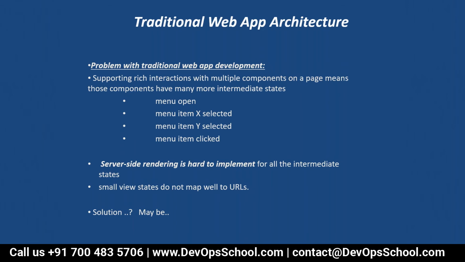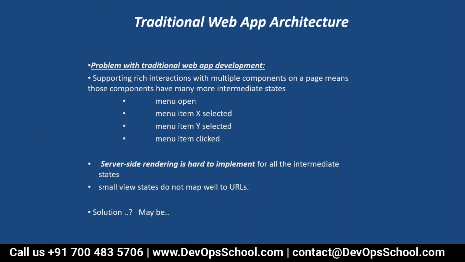Through what is it possible? We have only one thing in hand through which dynamic view generation is possible on the client side. What is that? Can anyone guess? JavaScript. Ajax. JavaScript, right? Perfect. So JavaScript is the only thing. Ajax, okay, we will talk about Ajax. Ajax is like talking to the server asynchronously. We'll come to that part later on.